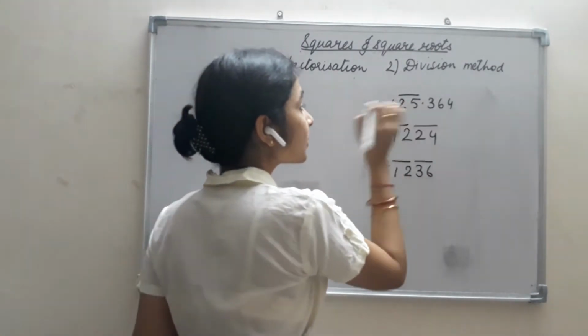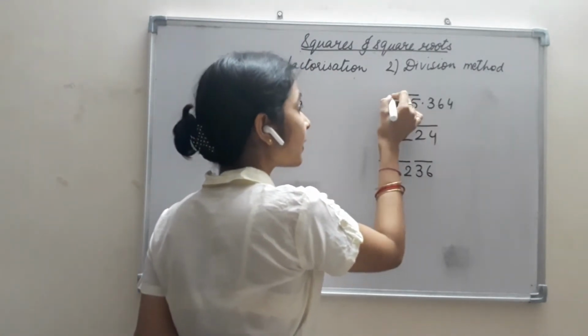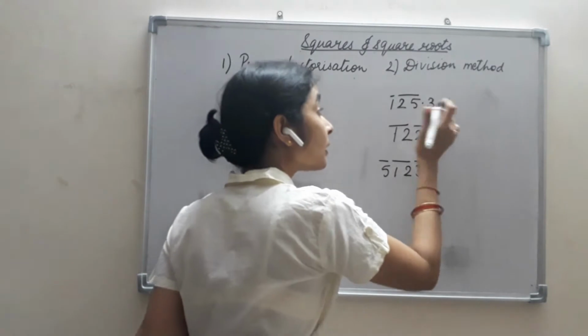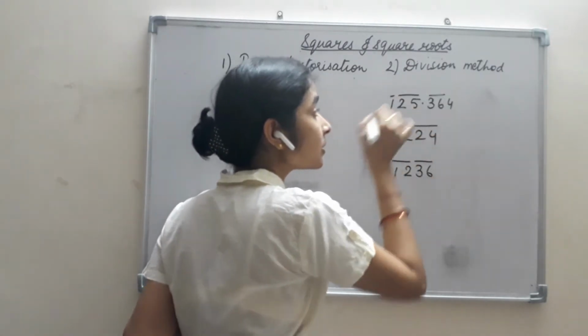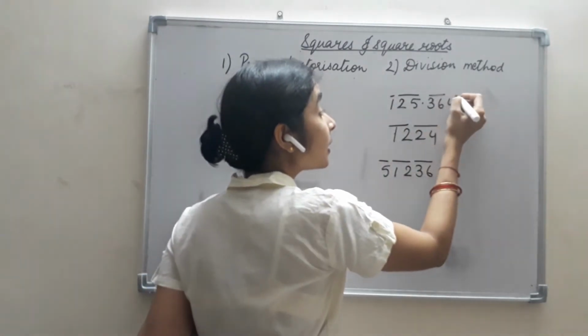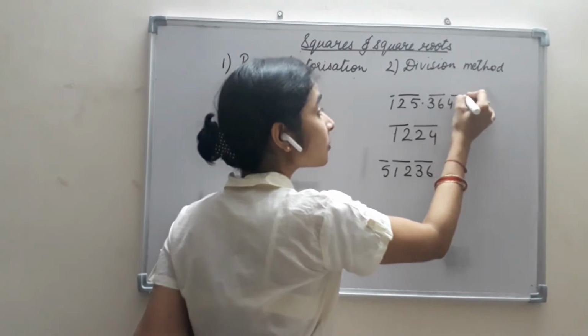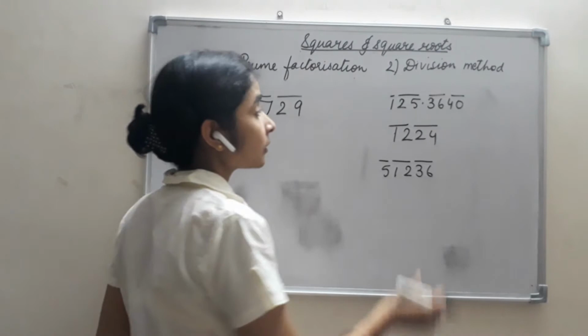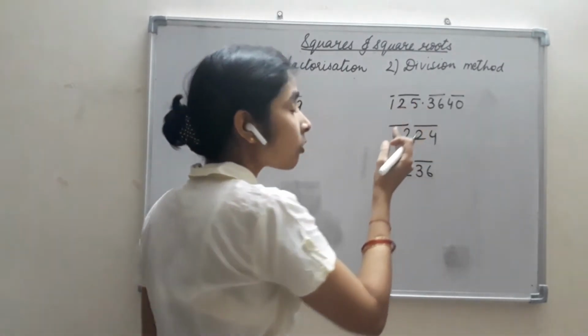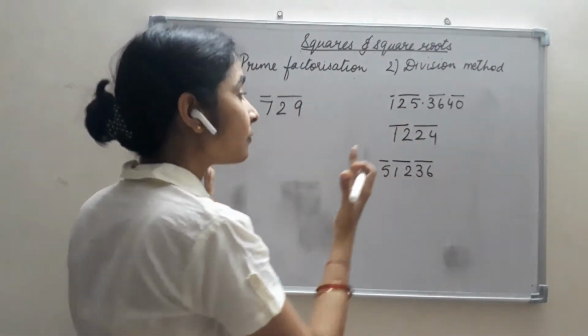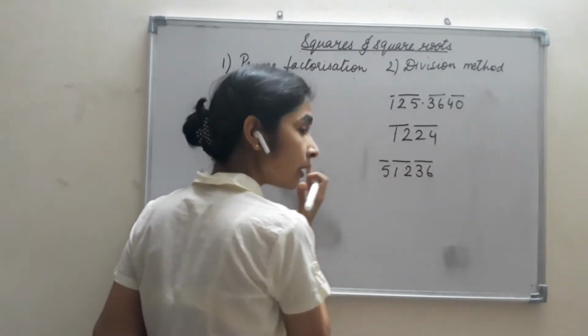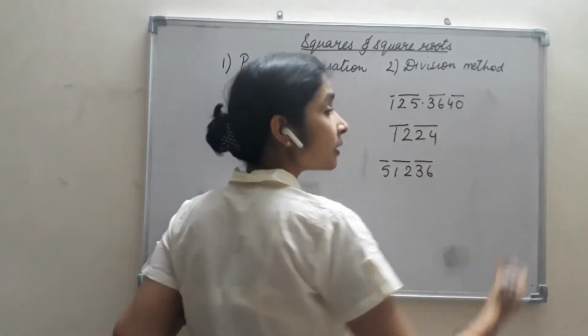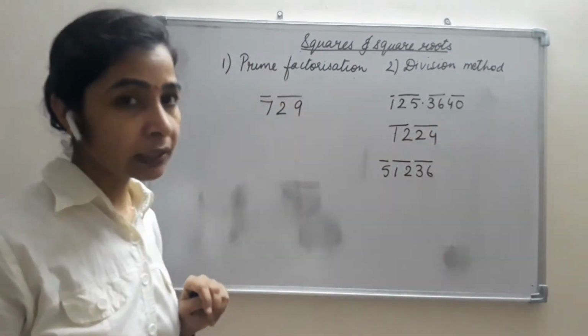So 2, 5 is under the same bar, and 1 remains alone here. And here I will start from the decimal, that means 3, 6 comes under the same bar and 4 is alone, so I will put a 0 there and have a bar on it, making a pair for it. So for numbers which are before the decimal, we go from right to left. For numbers which are after the decimal, we go from left to right.